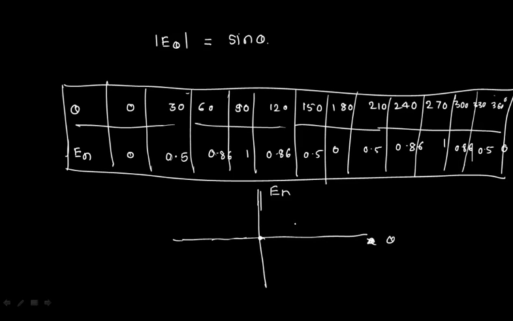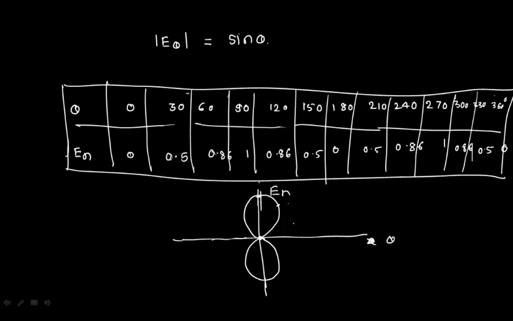Then if you go to 30 degree, you are going to get 0.5. If 30 degrees gives 0.5, after that it is 0.86, after that it is 1, something like that. So these values are increasing, and if I properly draw this particular function, where are you getting the maximum radiation? At 90 degrees, and you are getting 1. So you are getting 1 here like this, and here you get 0. Again you are getting the maximum radiation for 270 degree. If you plot this one for 30 degree, you are getting something like this.